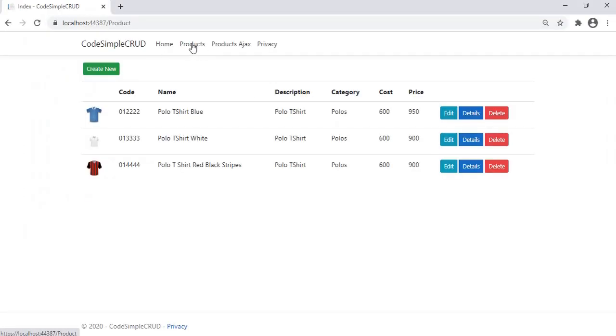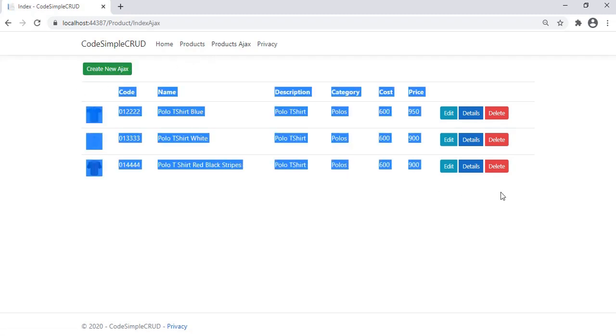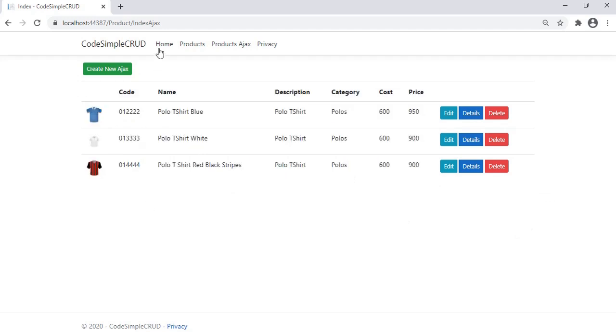Then run the application and click both Products and Products Ajax one by one. Please note both are generating the same output screen, but Products Ajax is using the partial view, which is going to help us do partial refresh. Wait and watch, it is going to be very interesting. I know this video is going a little lengthy, but believe me, you are going to like this video.